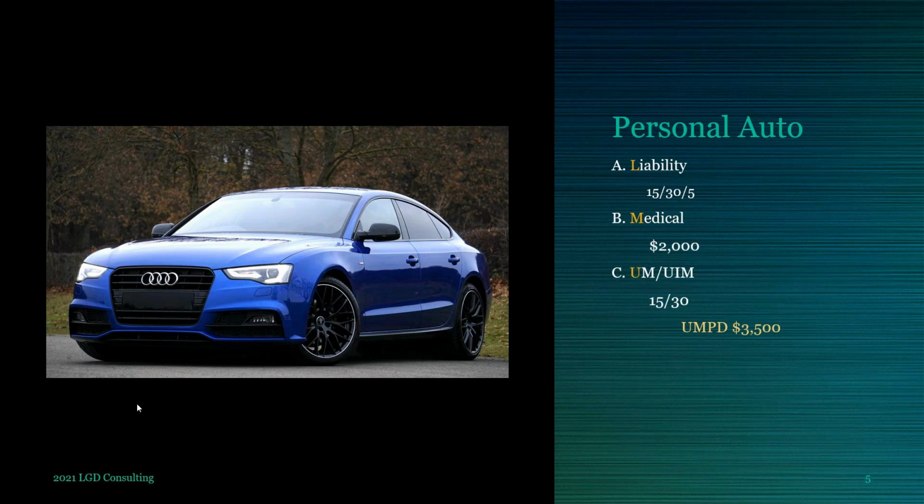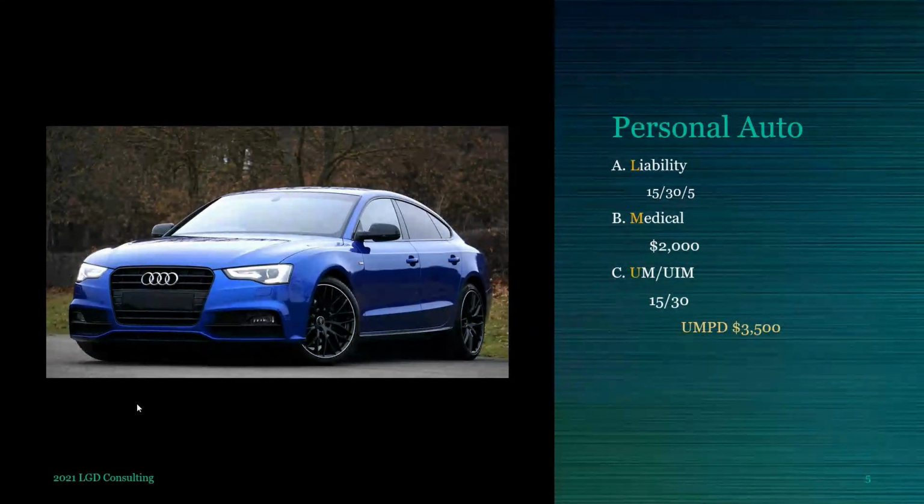All right. So coverage C is a liability coverage. It's kind of the main liability coverage that pays you. It's almost like the only liability coverage that pays you because you got injured by someone else. So uninsured motorist, UM, is when you got injured by someone else and they don't have insurance. And so this is going to pay for your medical bills and your lost wages because someone hit you and they didn't have insurance. So we use two numbers because it's only covering bodily injury per person and bodily injury per occurrence.